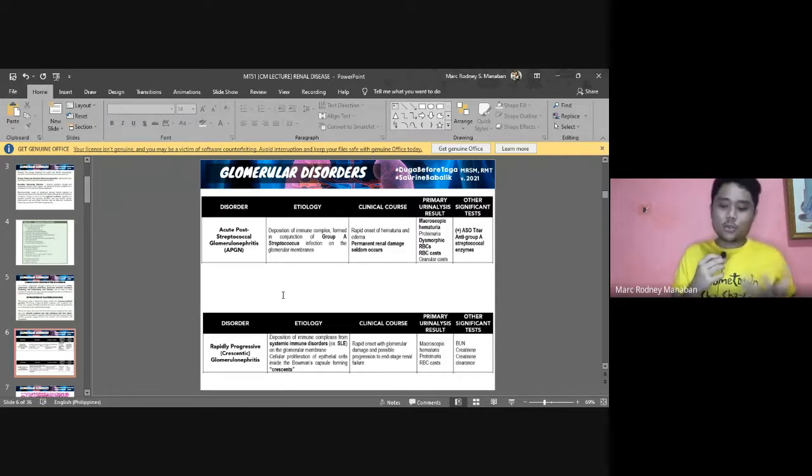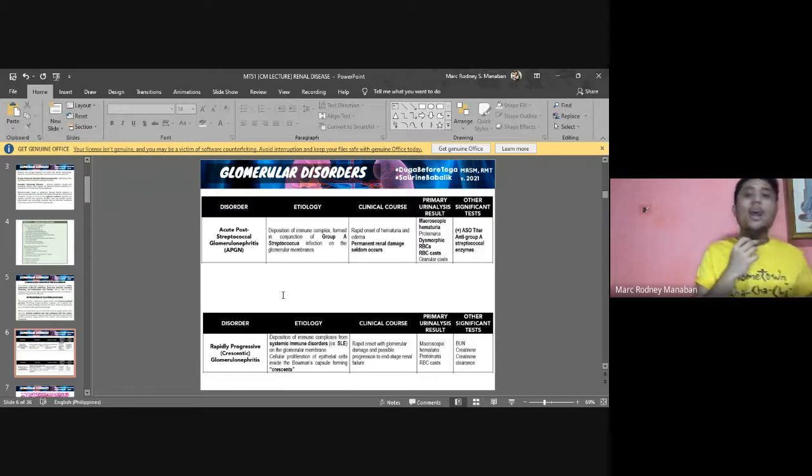Okay, so our purpose is what can be seen in the urinalysis, okay, and in a way, a short description of what the disease is about, of course, and other significant tests that can be performed. All right, so number one is, of course, your acute post-streptococcal glomerulonephritis. And I'm sure you're all familiar already with the bacteria, GAS. Streptococcus pyogenes, especially when there is pharyngitis, throat infection, or skin infection. One of the important sequelae or complications is, of course, AGN, acute glomerulonephritis or acute post-streptococcal glomerulonephritis.